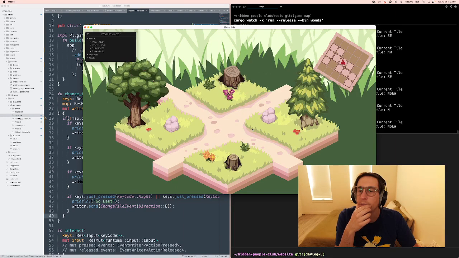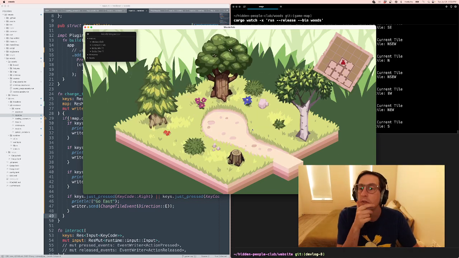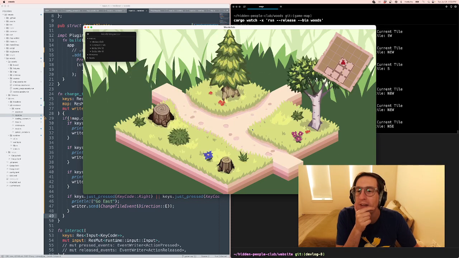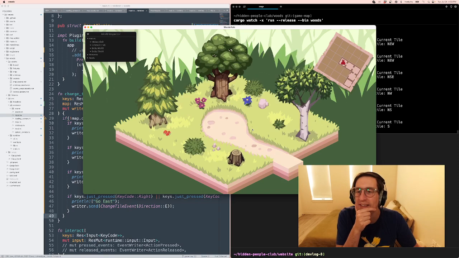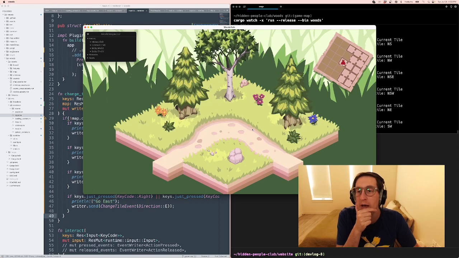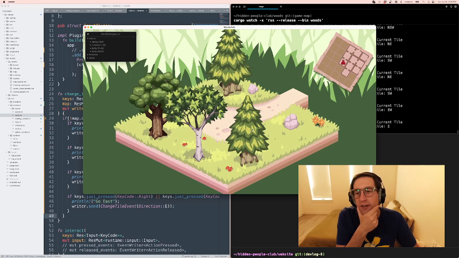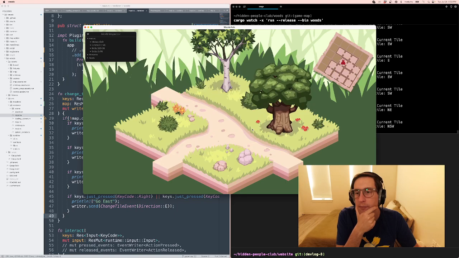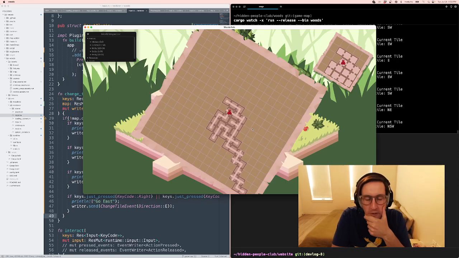Let me see. So I'm wondering what I can be doing next, because this is what I had planned. It was easier than I expected because I had all the minimap already. So I'm guessing all the code from the minimap basically turned into the same thing here. I'm wondering if I should